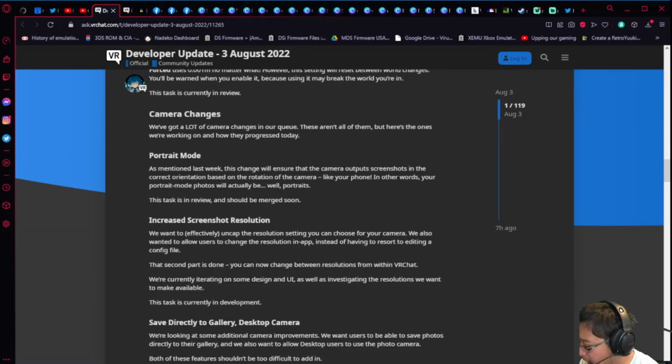For our camera lovers out there, I use the camera, although I use screenshots. As mentioned last week, this stream will insert the camera output screenshots in the correct orientation based on the rotation of your camera, like your phone. In other words, your portrait mode photos will always be, well, portraits. The task is in review and will be merged soon. In addition,